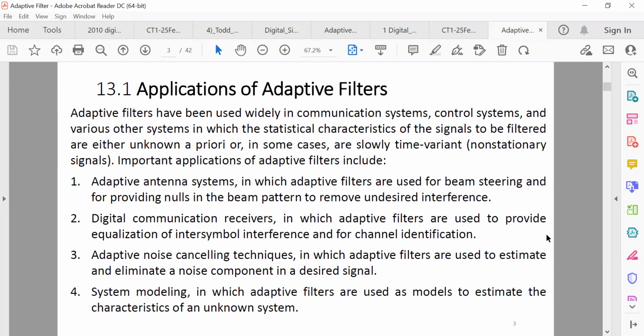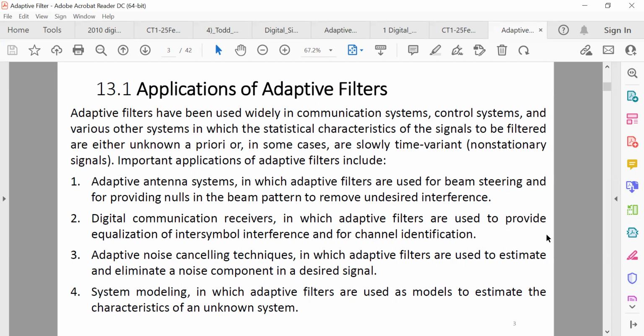So these are the conditions of non-stationary signals. The important applications of adaptive filters include the adaptive antenna system. The name itself is self-explanatory. That means the elements of the antenna